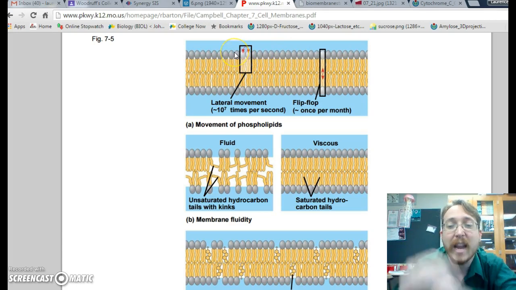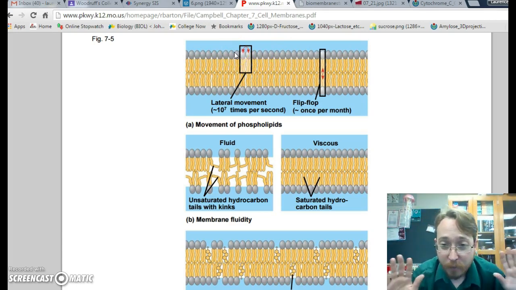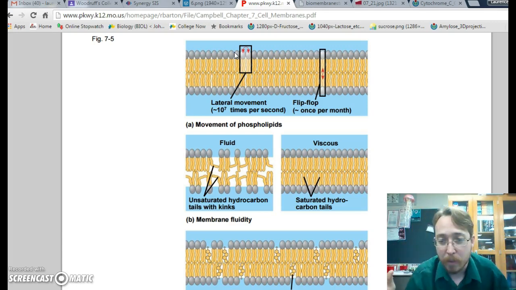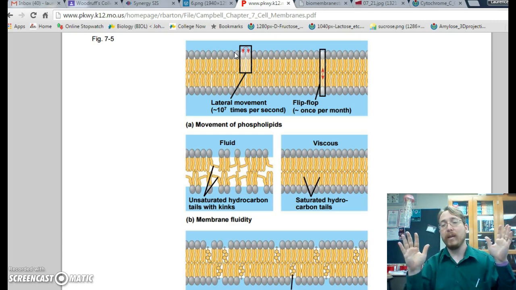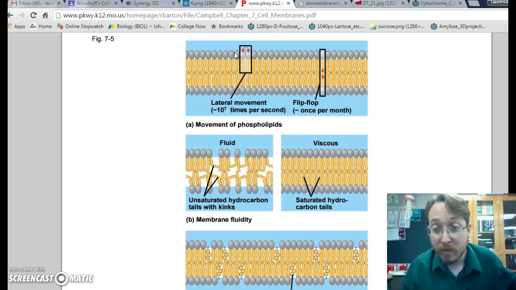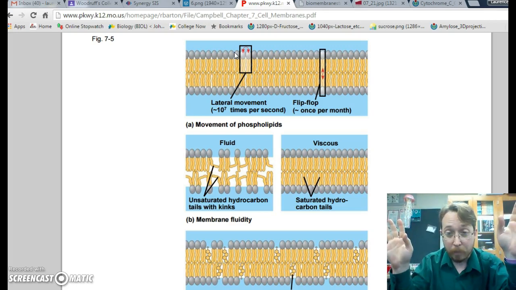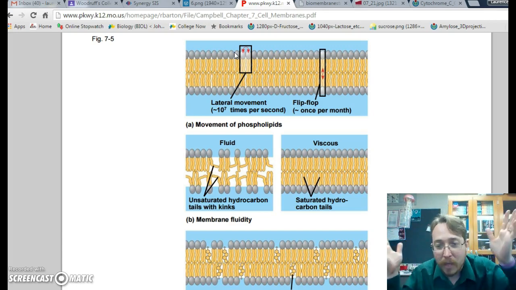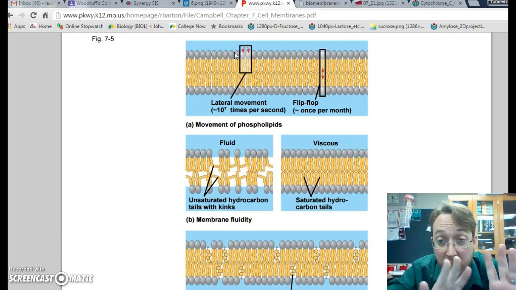How often do they do that? 10 million times a second! It's happening all the time. Right here, cell membranes. They don't even stay in a row. Okay, so it's one thing to not be connected, but they don't even stand in a row. They're flipping out all the time. During the time I snapped, it happened like 30 million times. Okay, so it's ridiculous.